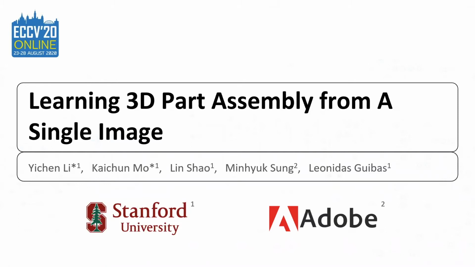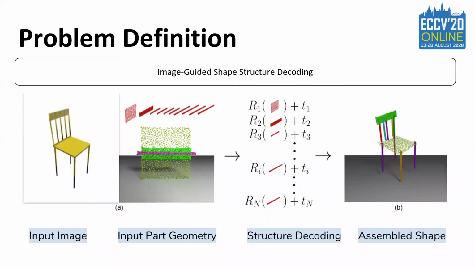I am Yi-Chun Lee, and will introduce to you learning 3D part assembly from a single image. In this paper, we aim to solve an IKEA furniture assembly-like problem. We define the problem of part assembly specifically in a single image setting, as given an image and a set